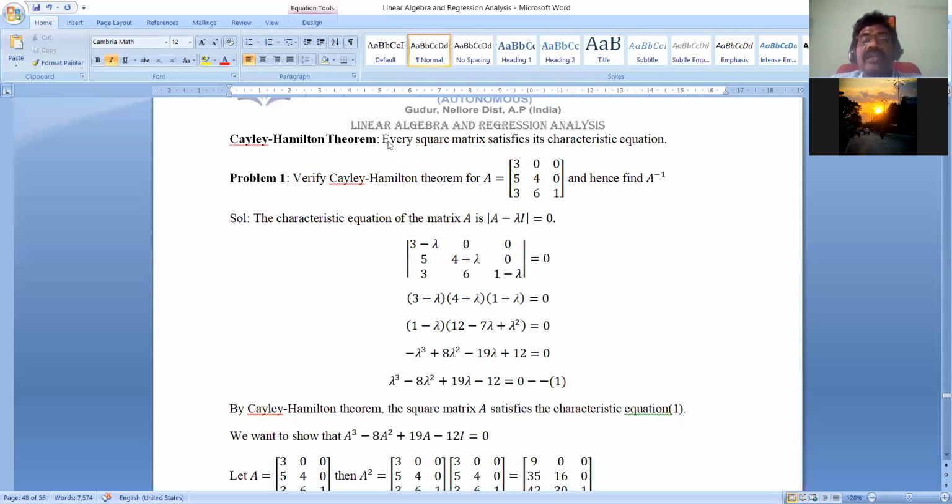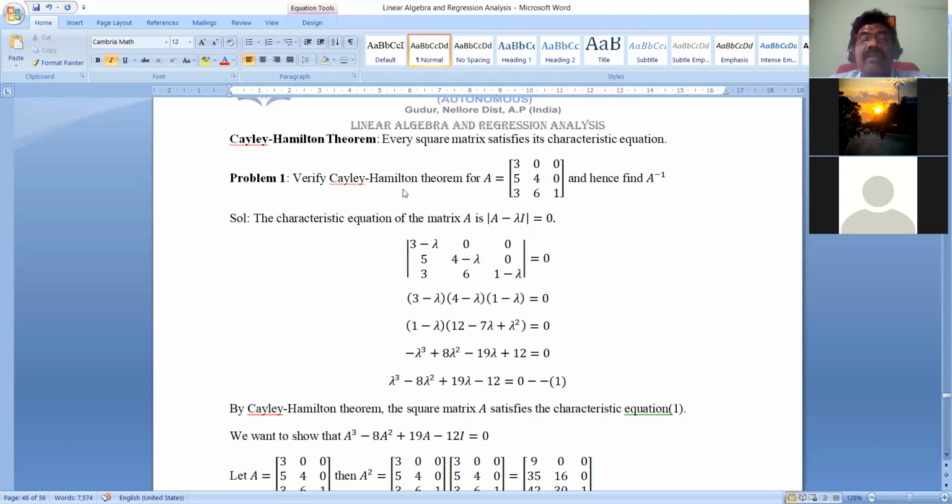So every square matrix satisfies its characteristic equation. That means in place of lambda in the characteristic equation, we have to substitute capital A, the square matrix. Then we get 0. Or in another way, the characteristic equation of every square matrix is satisfied by the matrix itself. For this, now we want to solve some problems